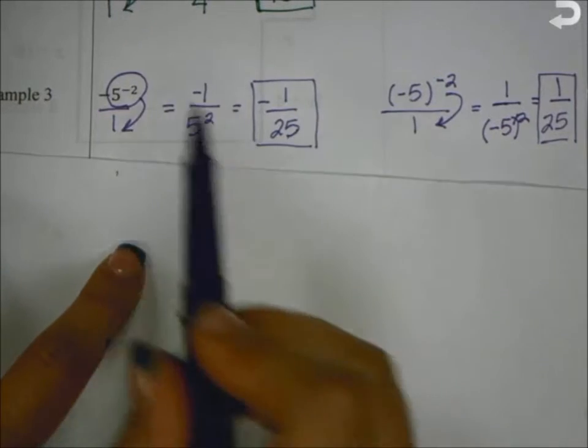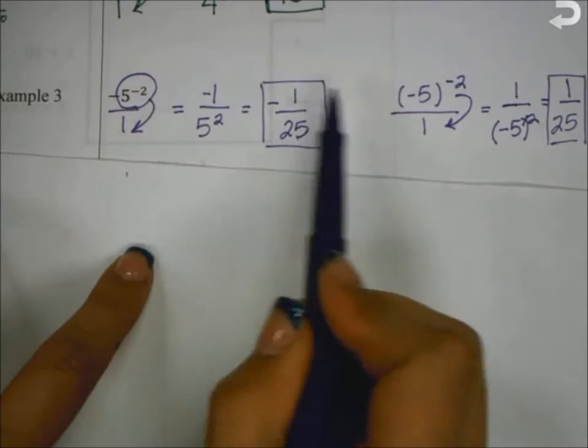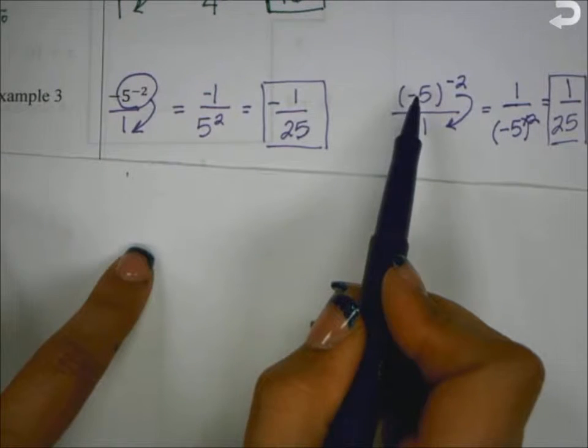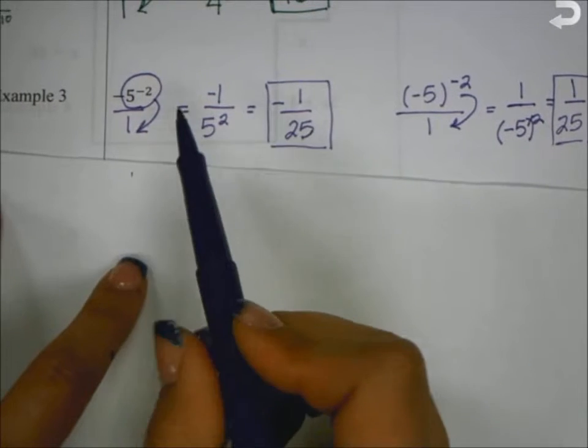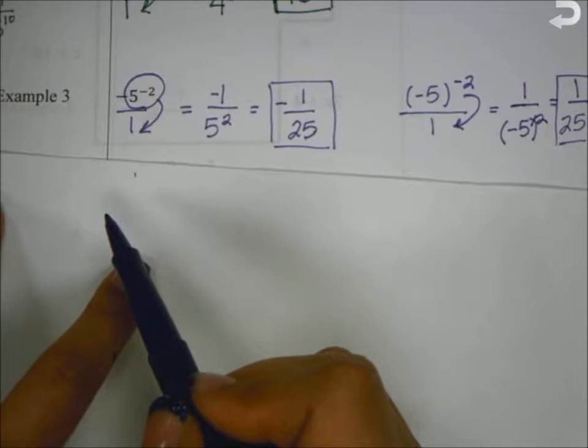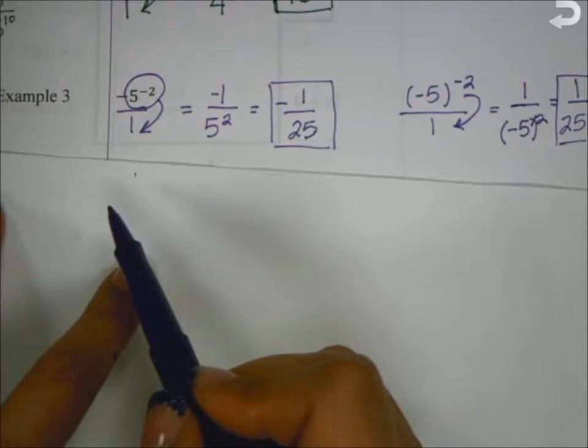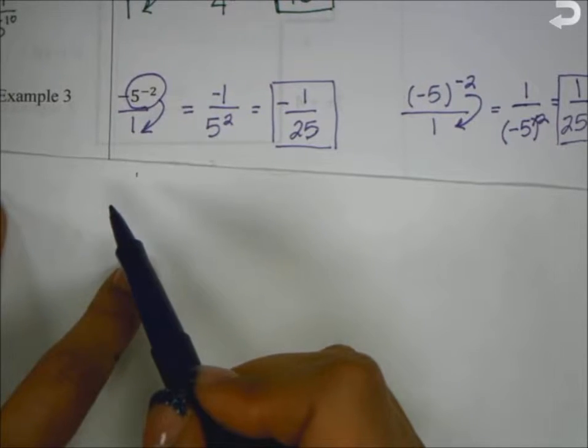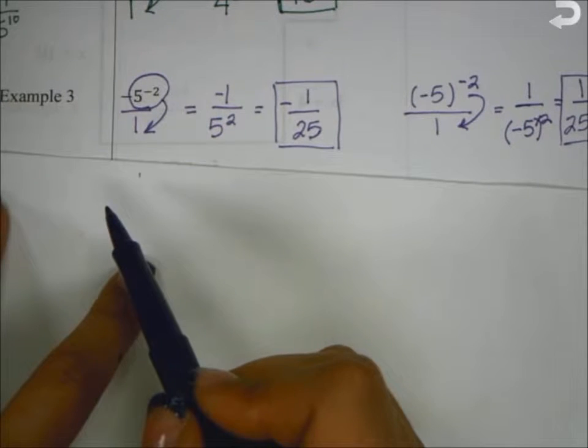Can anybody explain to me why they are different? Yes. Brandon, why are they different? Because something inside, if there's, say, the first one was 2 minus, or 2 negative 5 squared, or